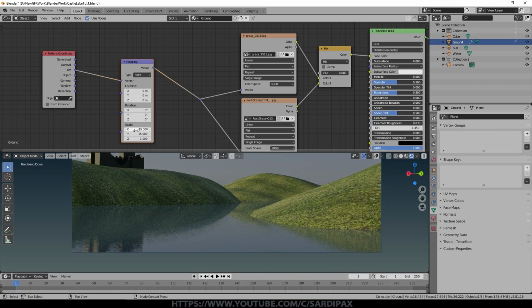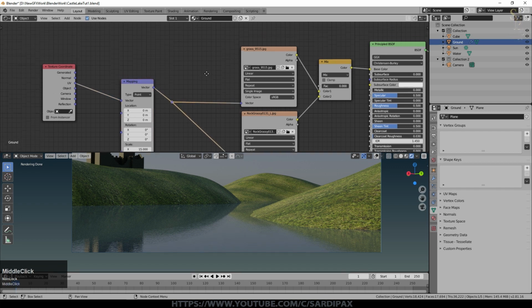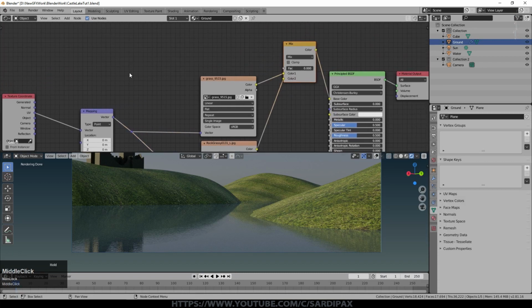Now it's not too bad, but you can certainly see, even though this is a somewhat tileable texture, you can still see we're getting tiling artifacts here. And this was really why I used two textures, so that I could move the textures around as both the tiles are different sizes, and disguise those lines somewhat. If they are the same size, you may need an individual mapping node per image, but because they're not, I didn't need to do that. So let's see what we can do about that.